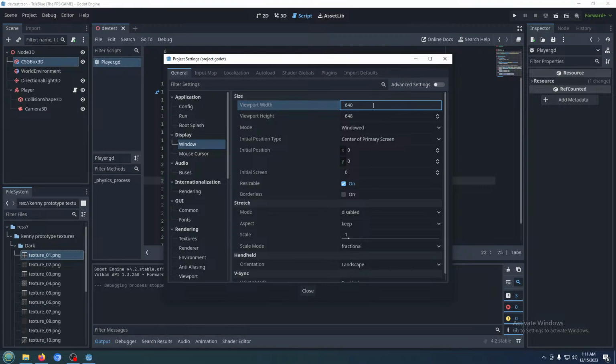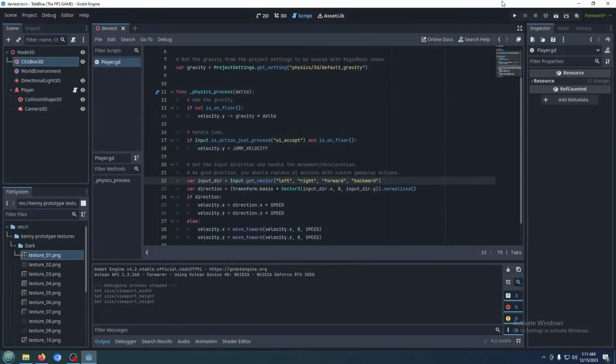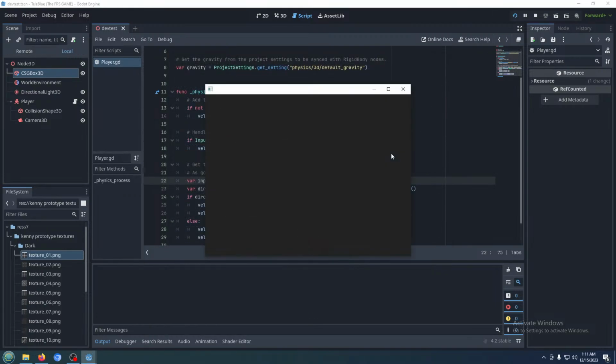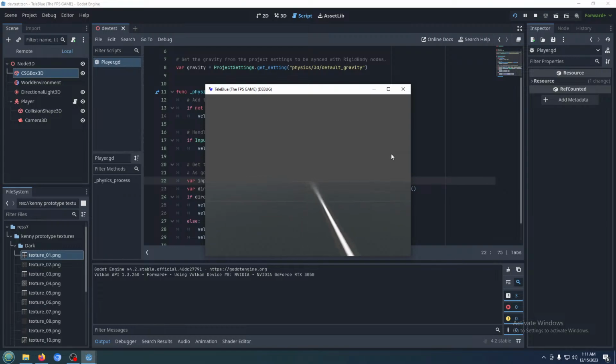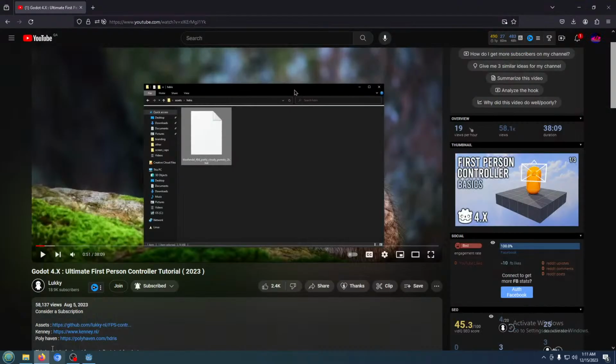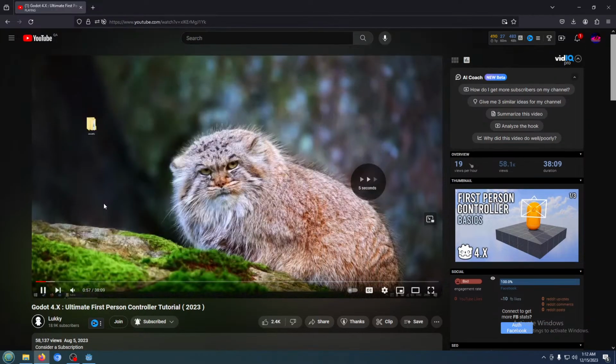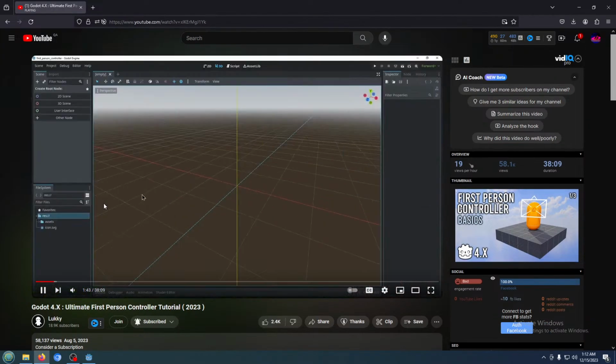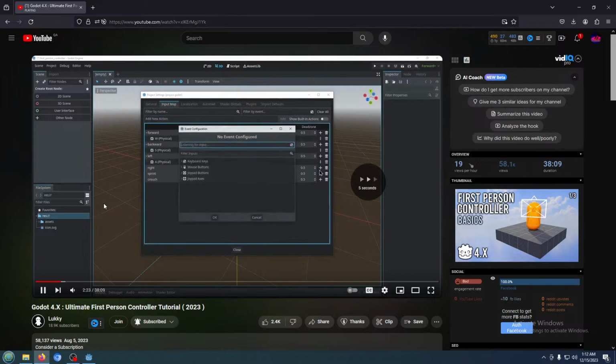Up, up, down, down, left, right, BA start select. Default. For this we're gonna use